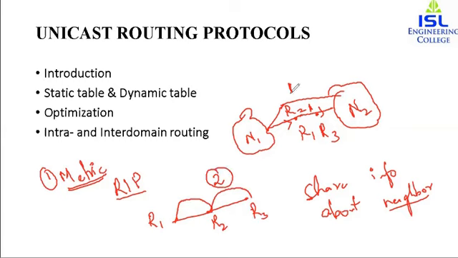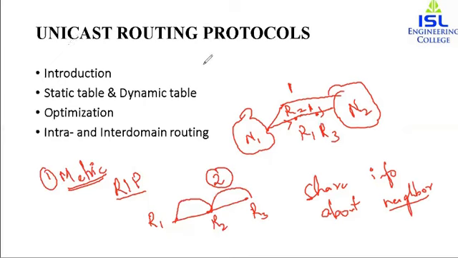But in the earlier case, it was simply one hop. In the Routing Information Protocol, that is RIP, it will count the number of hops. In some other protocols like OSPF, Open Shortest Path First, the administrator can assign a cost. The cost is assigned by the administrator depending on different services. The cost may depend on the maximum throughput, or it may depend on the minimum delay.